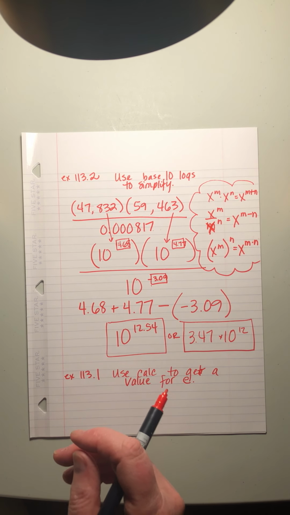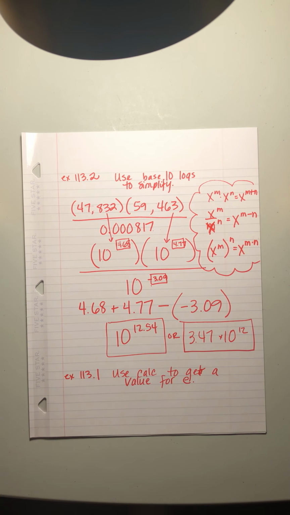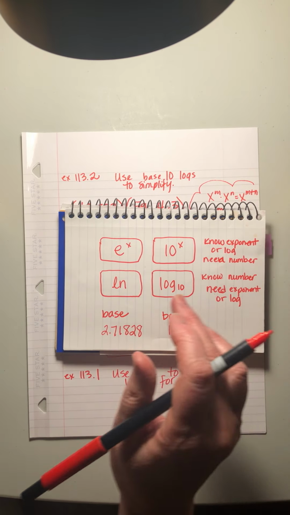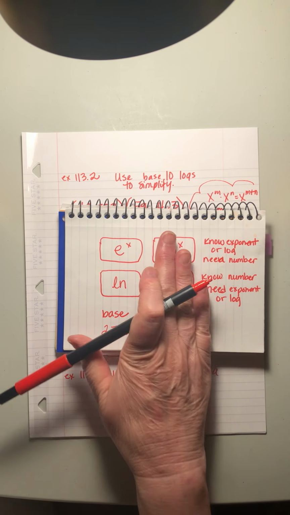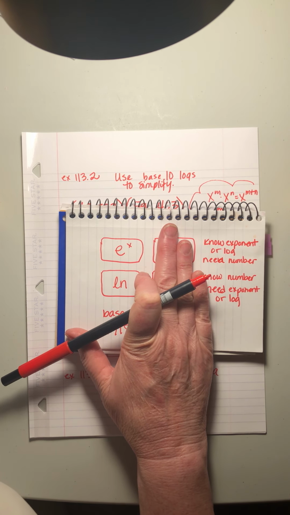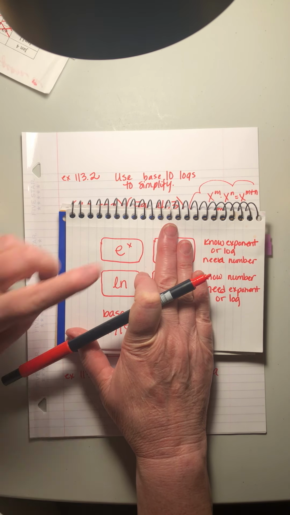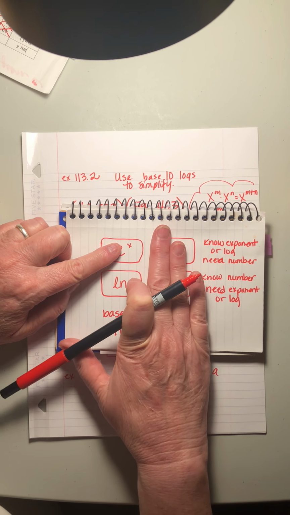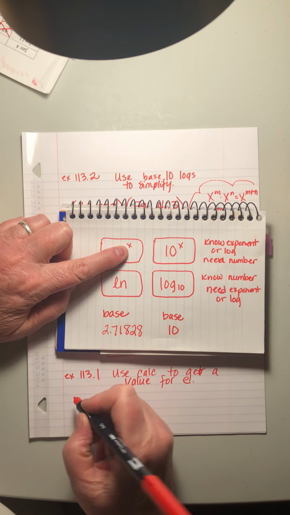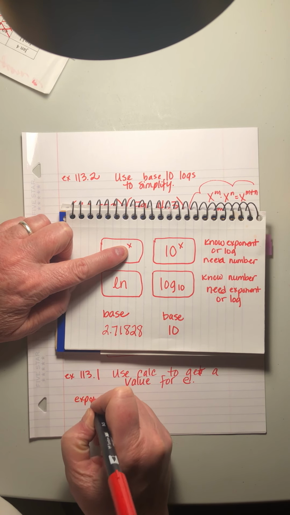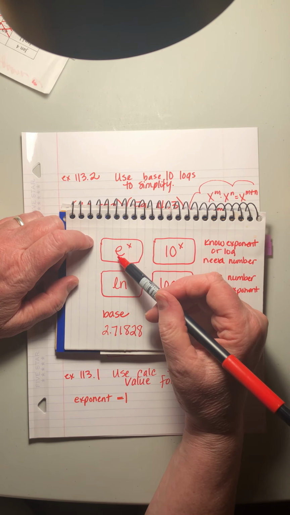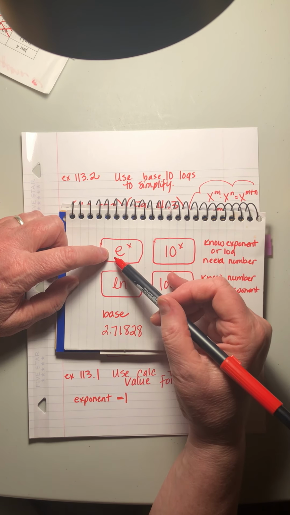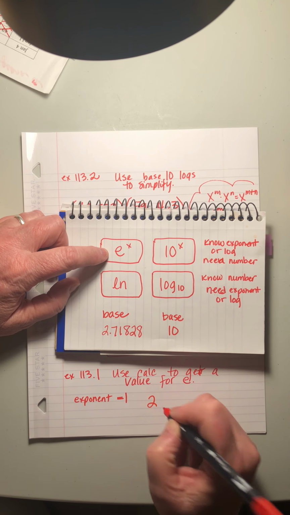So what if you want to know what the value of E is and you don't have it in front of you? If you've got a calculator, you can always find it. We want to zoom in on the E button, so we ignore these. We know we want the number that this is equal to. So we just let the exponent equal 1, because anything raised to the first power is the same. So you enter 1 on your calculator and then hit E,